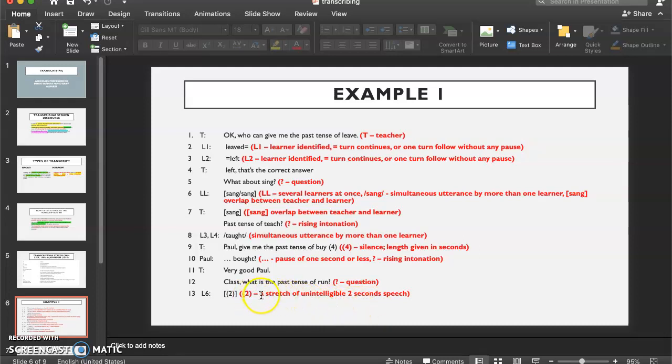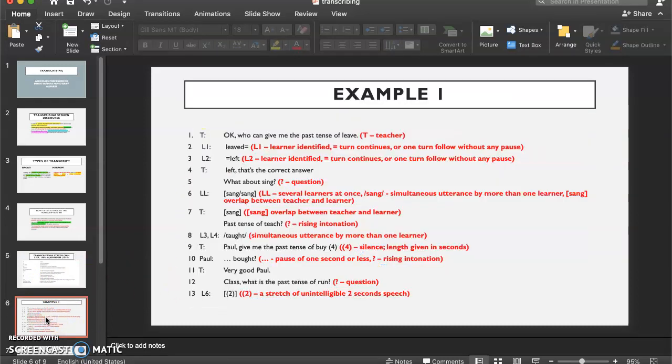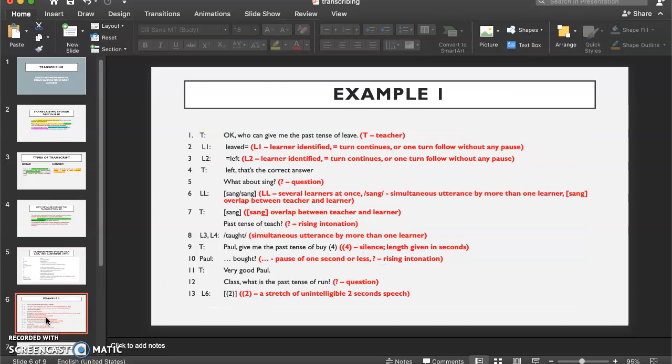So for the unintelligible speech, there's a bracket, and then the seconds are given in the bracket. Okay, all right. So this is taken from the symbols given here. All right, so you have to follow the symbols. Right, that is if you want to transcribe it